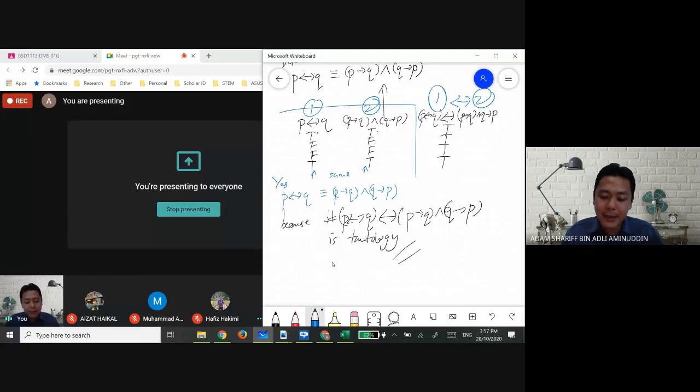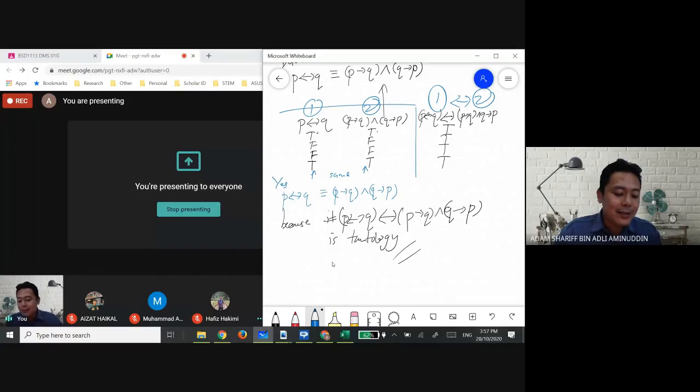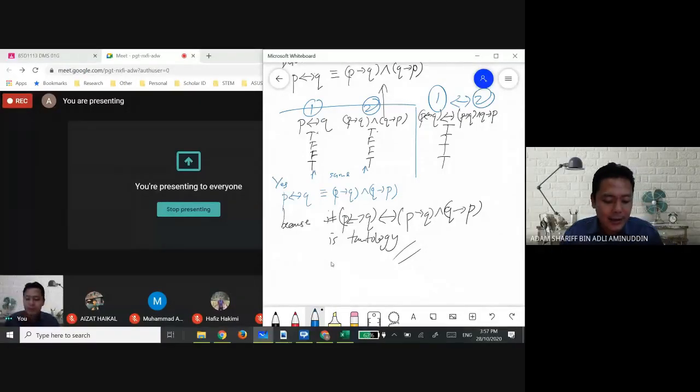They represent P implies Q, P if and only if Q as 1, and the next form of proposition is represented as 2. 1 by conditional with 2 is tautology, therefore it is logically equivalent. Saya terima. In real exam pun terima juga. Okay, thank you. Yang kena tolak markah kalau tidak buat compound proposition dan tidak menyatakan kenapa dia equivalent. Itu saya terpaksa tak terima jawapan.